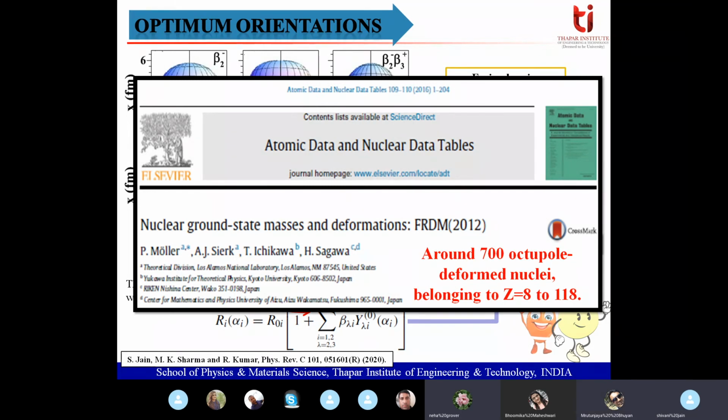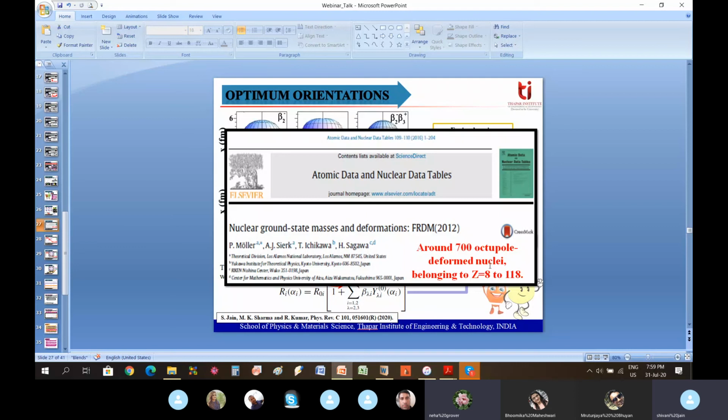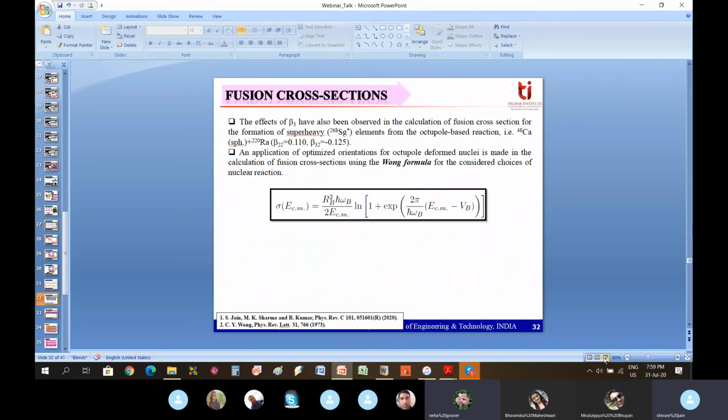Okay, the third question I have. In your L sum or Wong formula, what is the basic difference, and I just want to know the limitation of L sum and Wong. Okay, in the Wong formula, as I said already, that formula is the summation of all the L values.